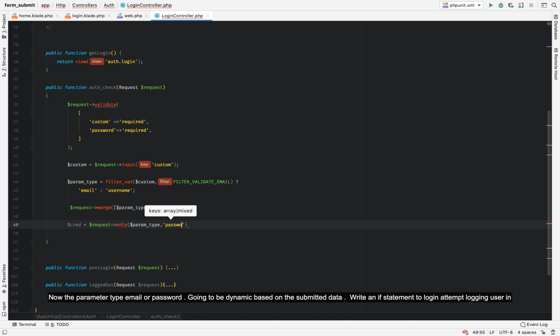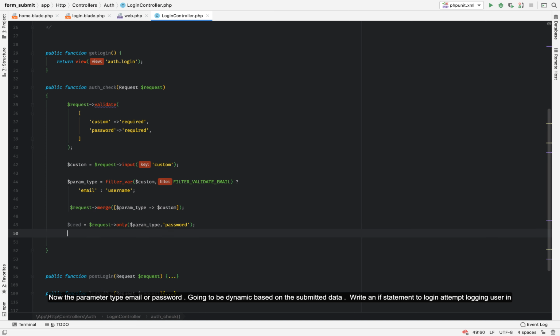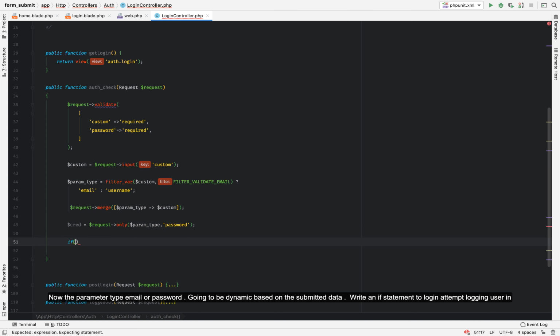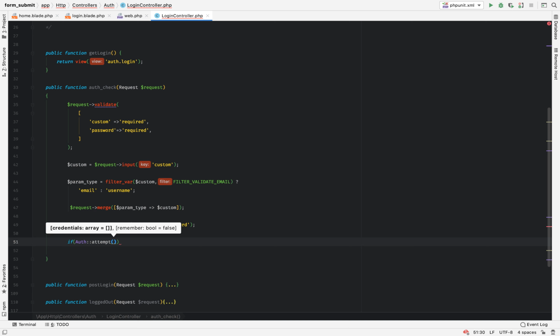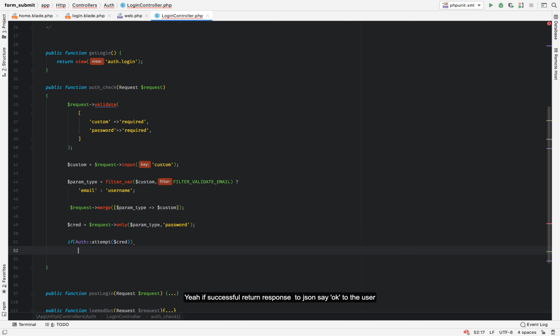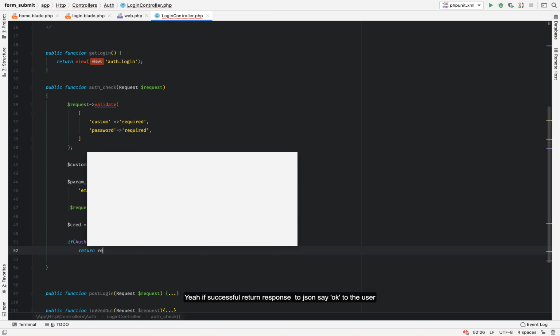Then you have your password, the user's password. Having captured that, you write an if statement. We now attempt to log the user in. Attempt, now you have your credentials. So if it's successful, let's say return response